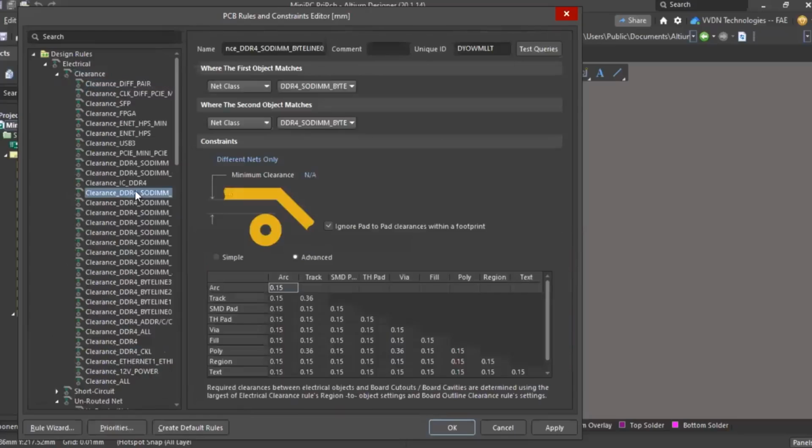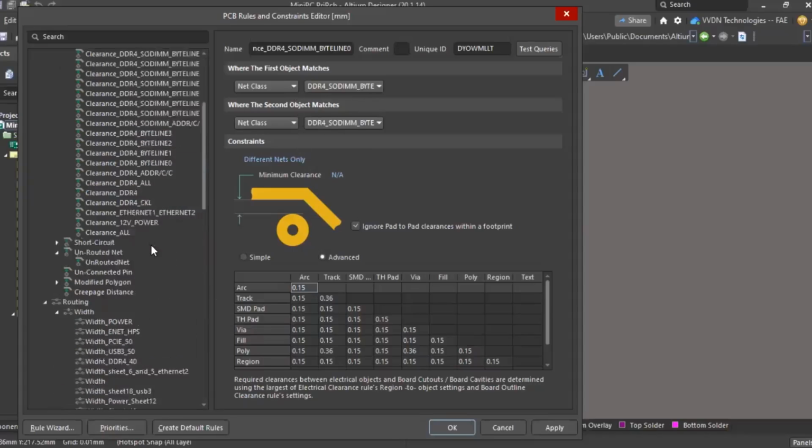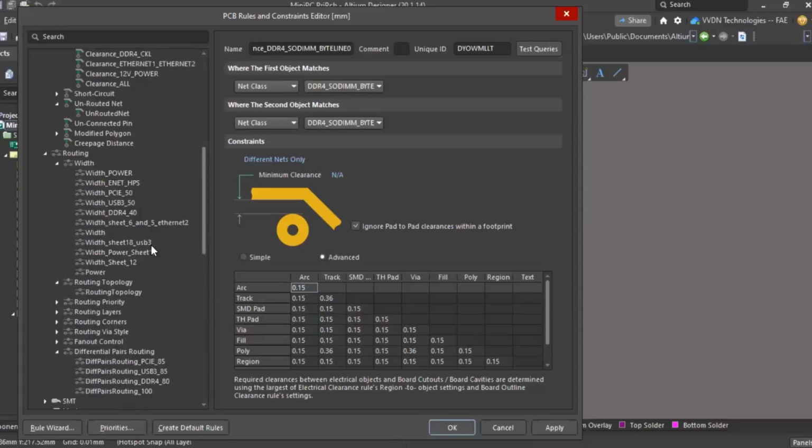I think we can avoid the number of clearances rules. Okay, we will plan for that session. Because last time we covered Altium query in our previous webinar. If you heard about that, how to use the Altium query language to minimize this. Like, see here, for the same DDR byte you have 5 clearance rules, but if you use the query, you can make it a single clearance rule. Okay. So if you go through that webinar, you will get some idea how to use it, and we will also plan for a webinar in future, right? And then next,